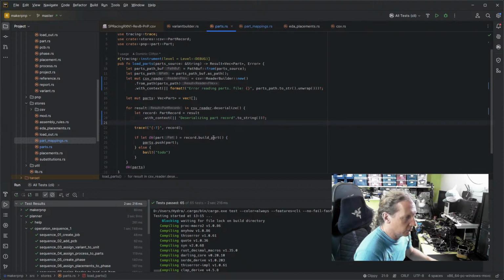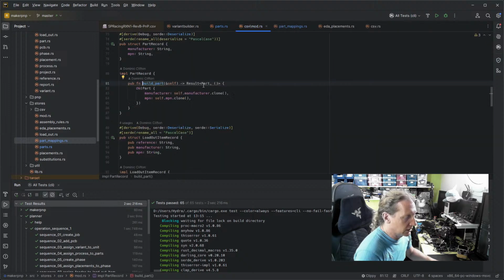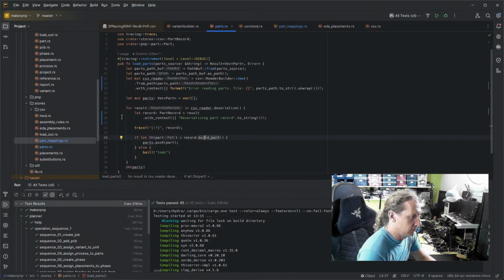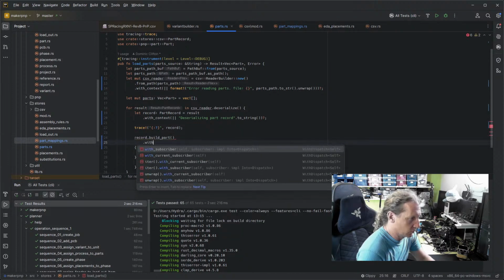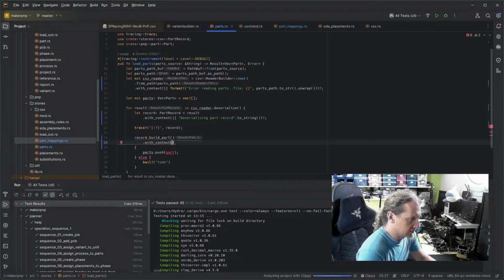So here we've got this build part, and this can fail. So let's also do this. Since we're in the mood for adding contexts, with context, error building part from record,